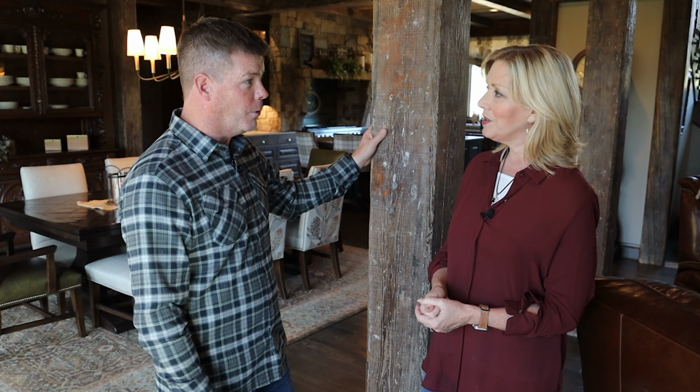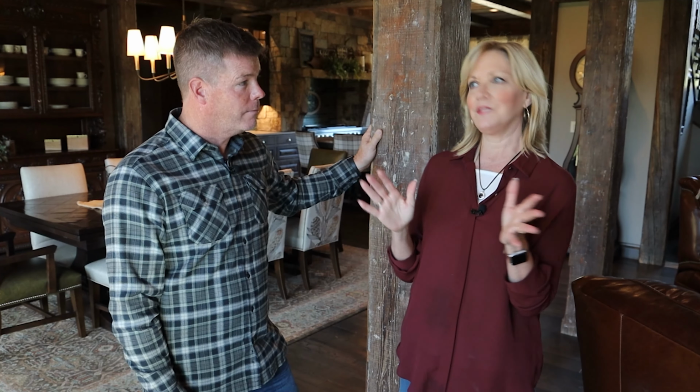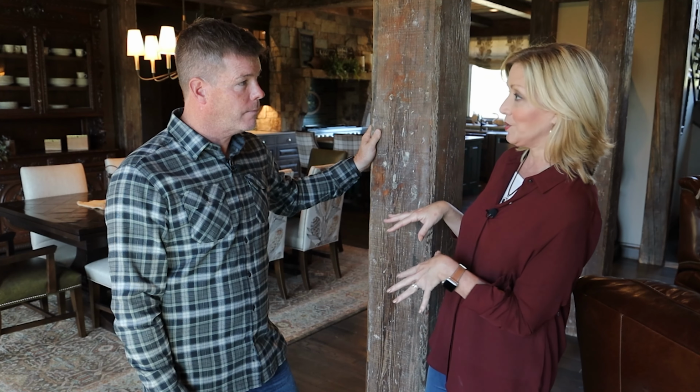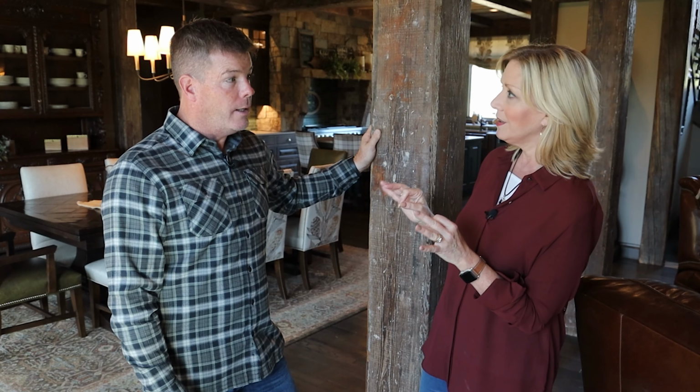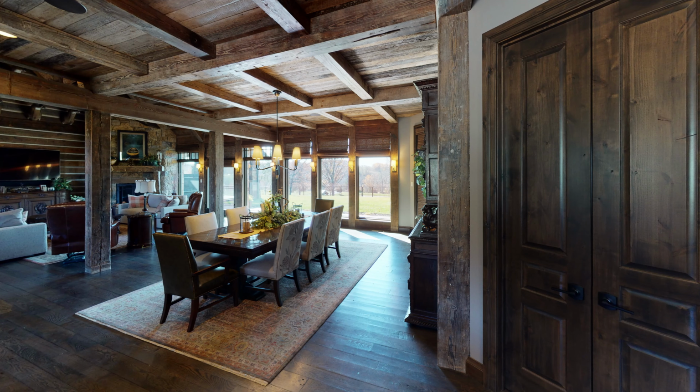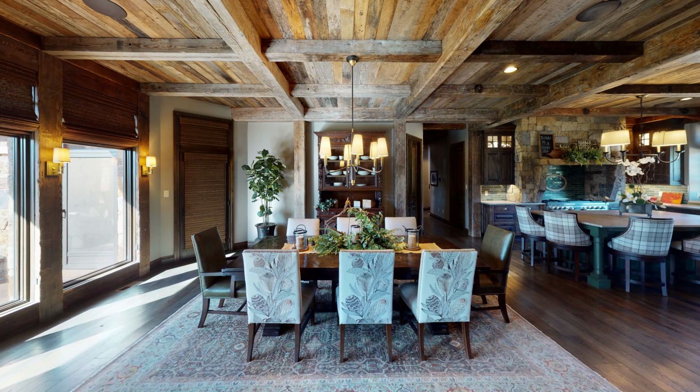Wow. And now it'll be in this home, hopefully for a long time as well. What does that tell you about this guy, that he goes far and wide to find the proper look and the proper structural integrity of this wood to build the perfect home? It is a bit of a challenge because resourcing some of these products, especially when you're dealing with a certain quantity that you need. You certainly don't want to start something and not be able to finish it with the same product. And so you want to make sure not to over order the product, but at the same time get enough to finish the project. But the floors, there again, these were actually a reclaimed oak where the beams are pine, but